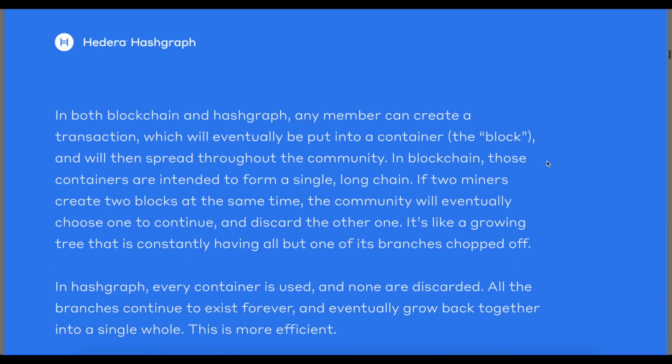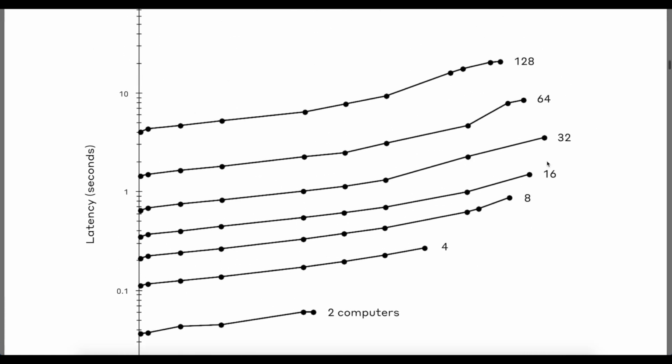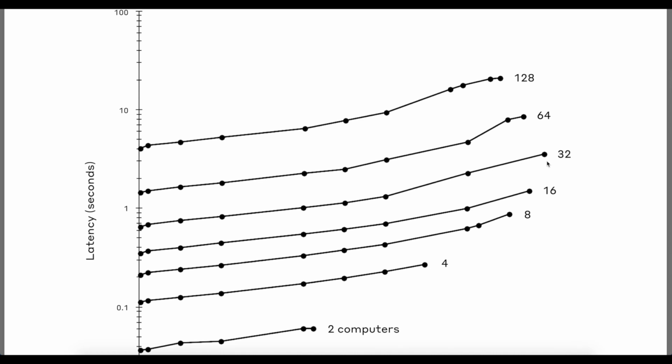So let's look at some of the other things. This graph shows the Hashgraph latency versus throughput. Let me explain this in layman's terms. This depends on region. For example, if I am living in the UK, then the UK will be one region, and if I am sending a transaction within that region, then the speed will be fast. Similarly, for all the nodes operating inside the region, the overall speed of the network will be very fast, like 500,000 transactions per second per shard. That means one shard will be able to perform 500,000 transactions in one region.